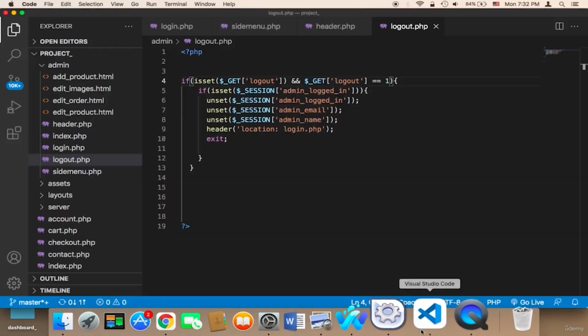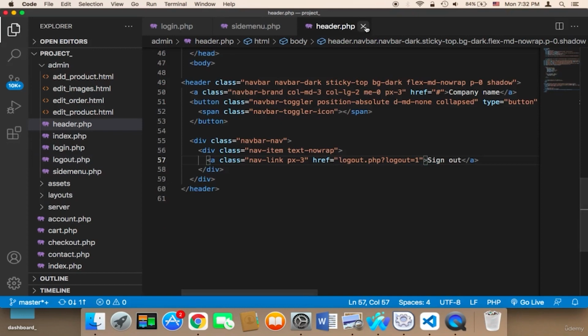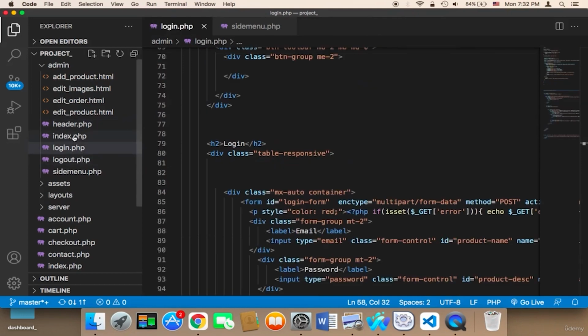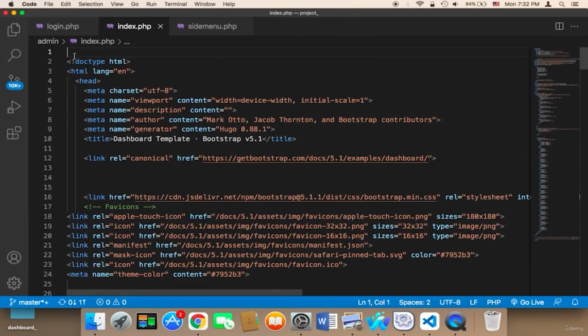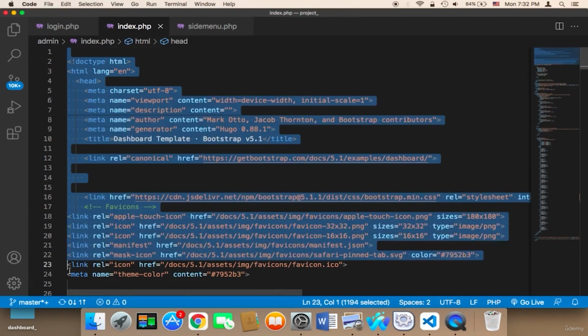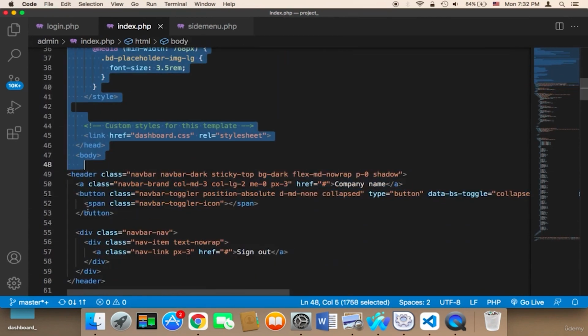So let me continue working, and then I'm gonna show you the logout. So let me work on the index. In the index here, what we want to do is repeat the same design pattern. So we need to remove this header. All of this code must be removed, and instead of this code,